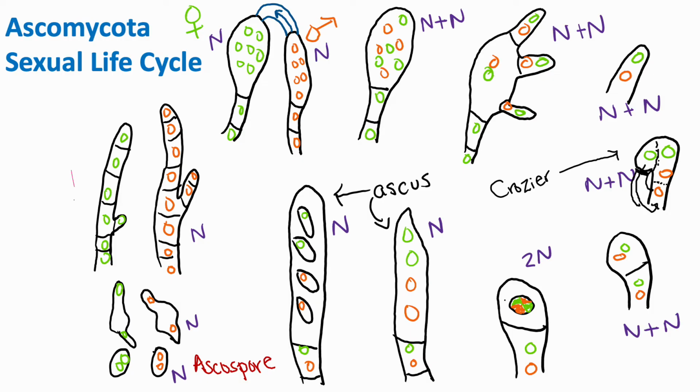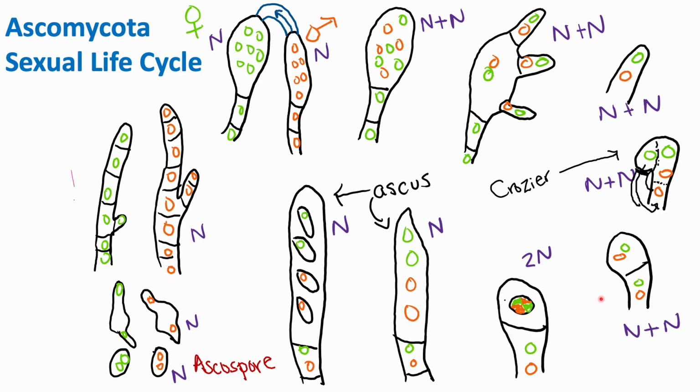So what was the benefit of having this Crozier? It's essentially very similar to a clamp connection. But instead of having that clamp connection come out from one of the compartments and reach over to the other compartment, we have at the tip the Crozier, which bends at the same time as mitosis is occurring, and it drops that nuclei into that compartment that only had the single nuclei, and now we have n plus n in all of our compartments. So what's the next step? Well, the next step is going to be